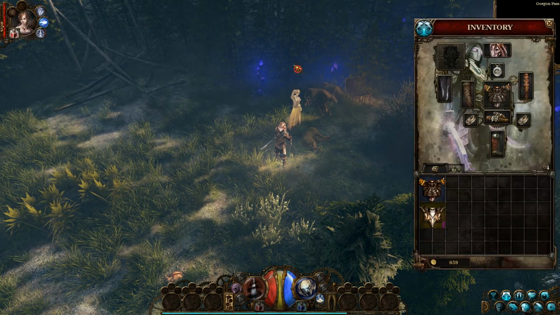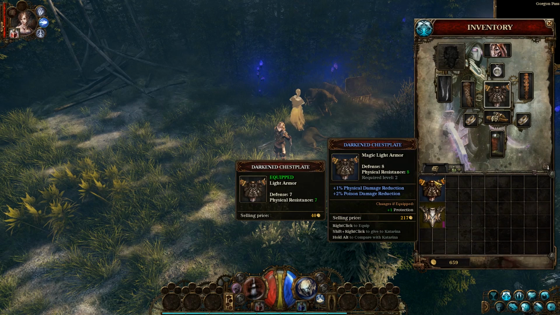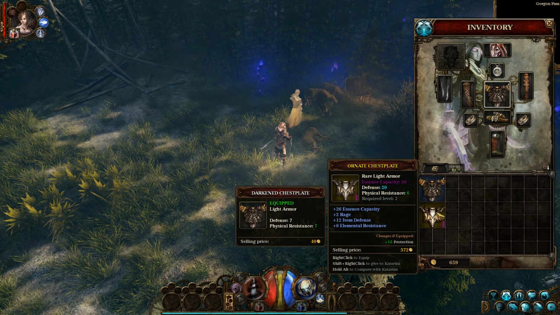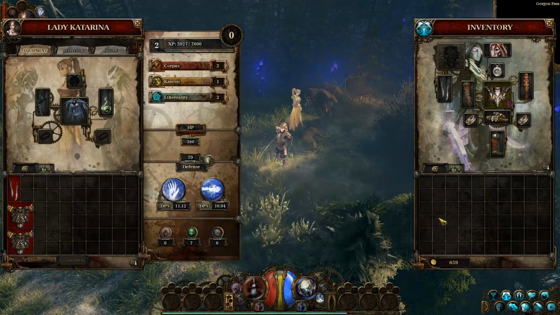Let's also look at my inventory. I'm sure I've got some stuff here. Darkened chestplate or rare chestplate. Physical resistance 8. Physical resistance 6. Extra essence, rage, item defense, and elemental resistance. And physical resistance and damage reduction. I'm gonna go with this one. And then I'm gonna send this one and this one to Katarina, and one of these...